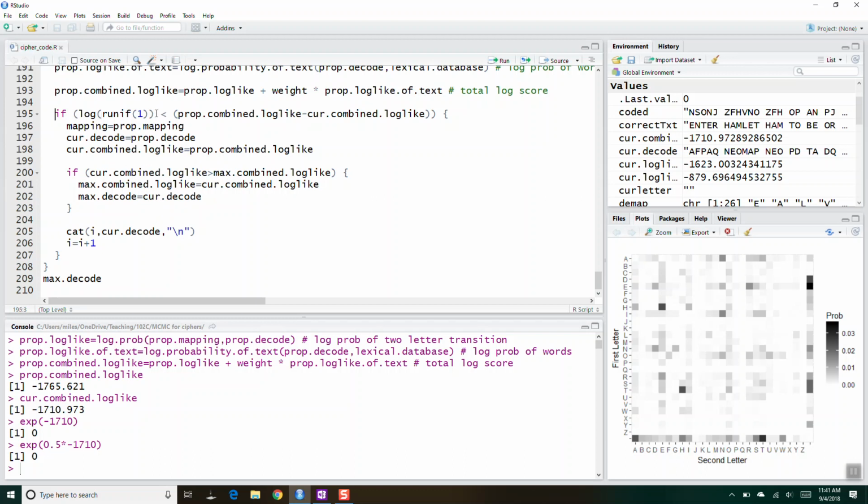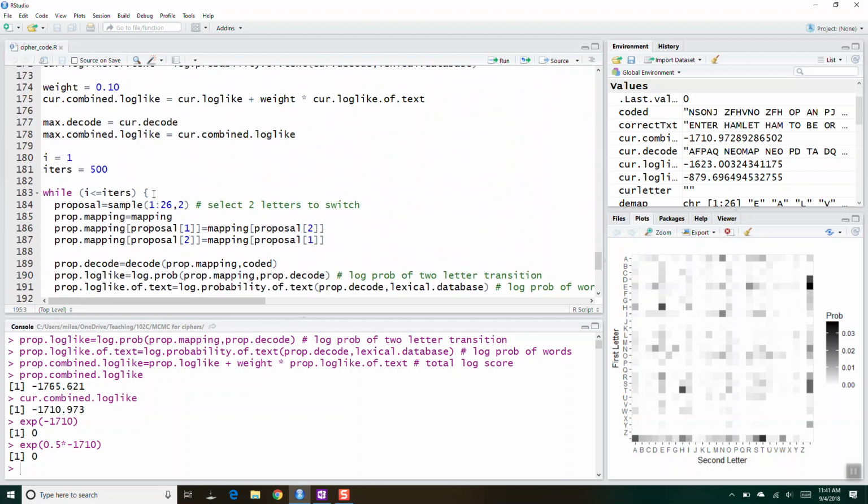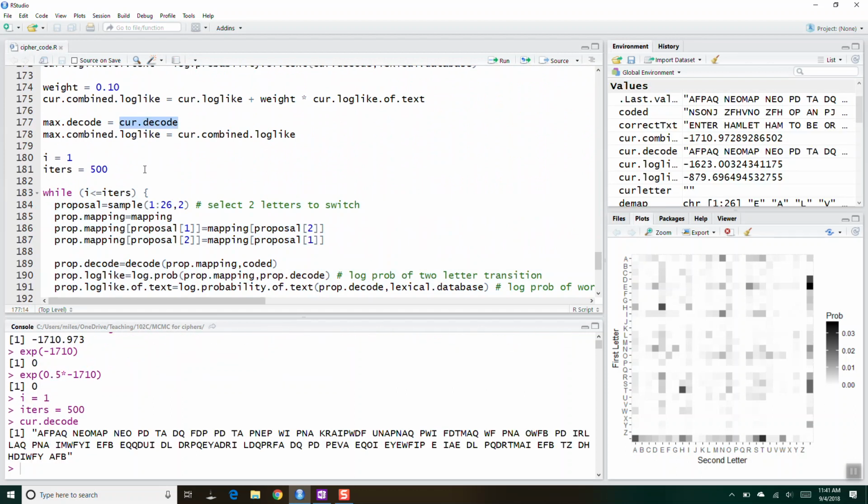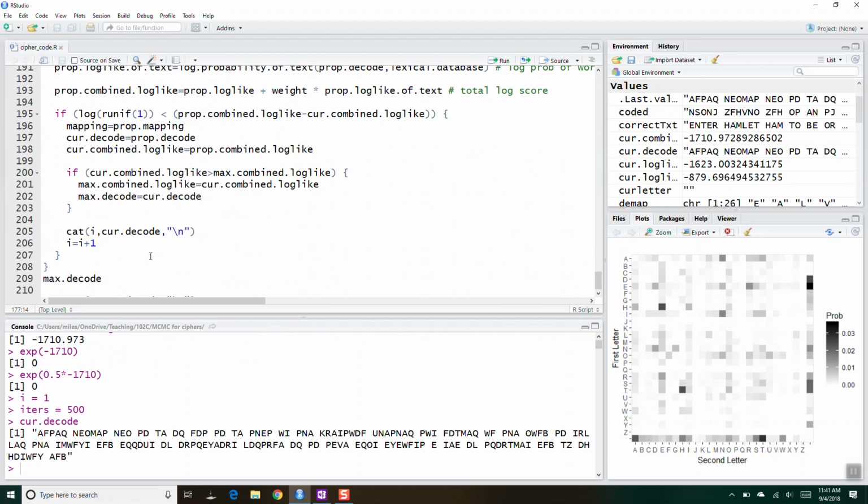Okay. I'll have to re-upload the cipher code there. Okay, so we'll do that, and then we just run that. We'll do 500 iterations of that, okay? So here is our current decode, and then